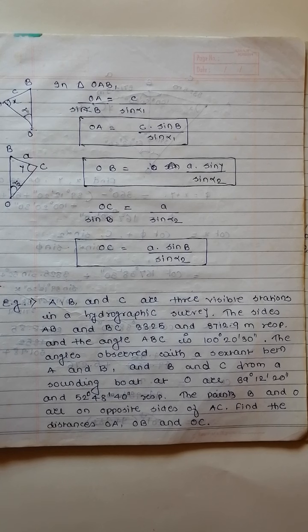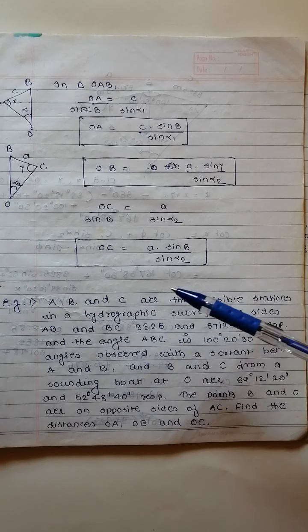In the previous video we discussed the theory of the 3-point problem and the different methods to solve it. In particular, we saw what is meant by the analytical solution to solve the 3-point problem. Now in this video we'll focus on the numerical based on the 3-point problem, which is generally asked for 5 to 6 marks in university examinations. So this is the example.